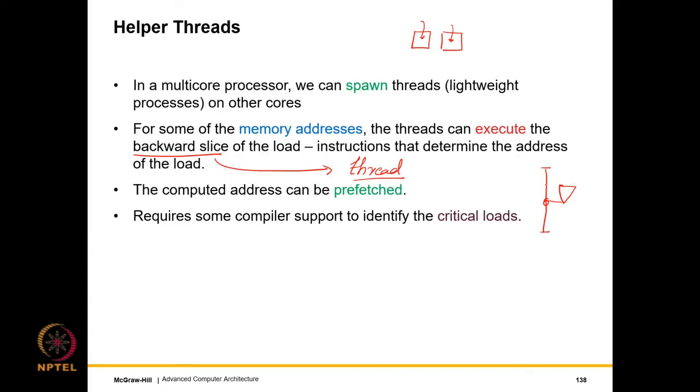So we can tag some of these critical loads, which might require compiler support or a profiling run, an earlier run, to identify the loads whose addresses were very hard to predict. For each of them, we can store this small backward slice where we just compute the address and prefetch it. So essentially for every load, we run a small nano program to compute its address, and it's prefetched in parallel. So the idea of helper threads is pretty popular.